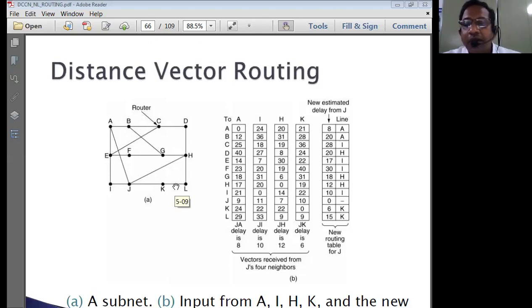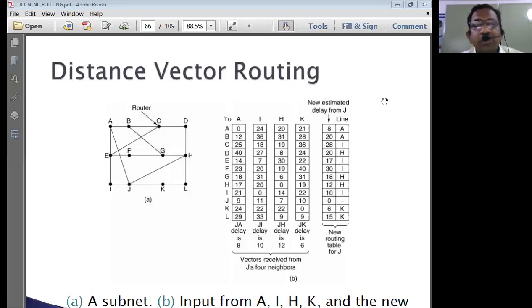So this is the drawback with the static type of the routing algorithms. So to overcome that drawback, to ensure a proper throughput of the packets from source to the destination computer, we go with the dynamic type of the routing, where every router is going to write its own routing tables. And these values are normally going to change dynamically. Now, the advantage is that even if some of the routers in the subnet are going to get damaged or not functioning well, still we can provide the communication. That is the advantage of this dynamic type of the routing algorithm.